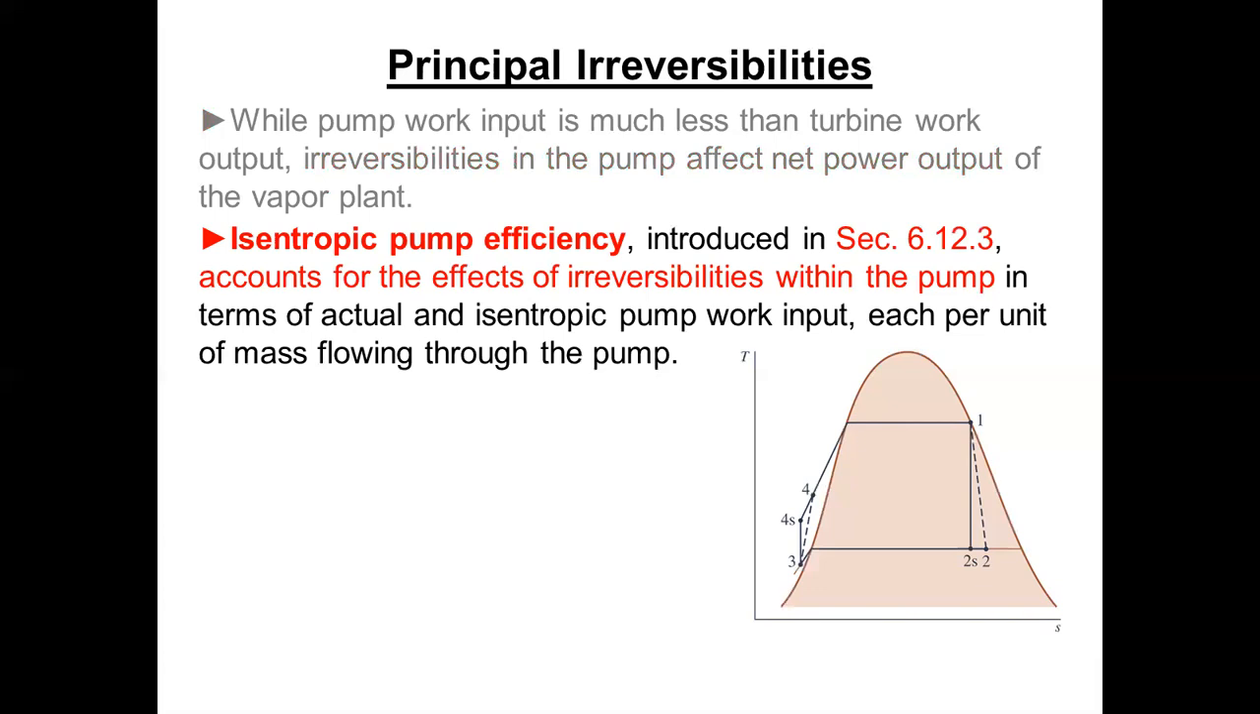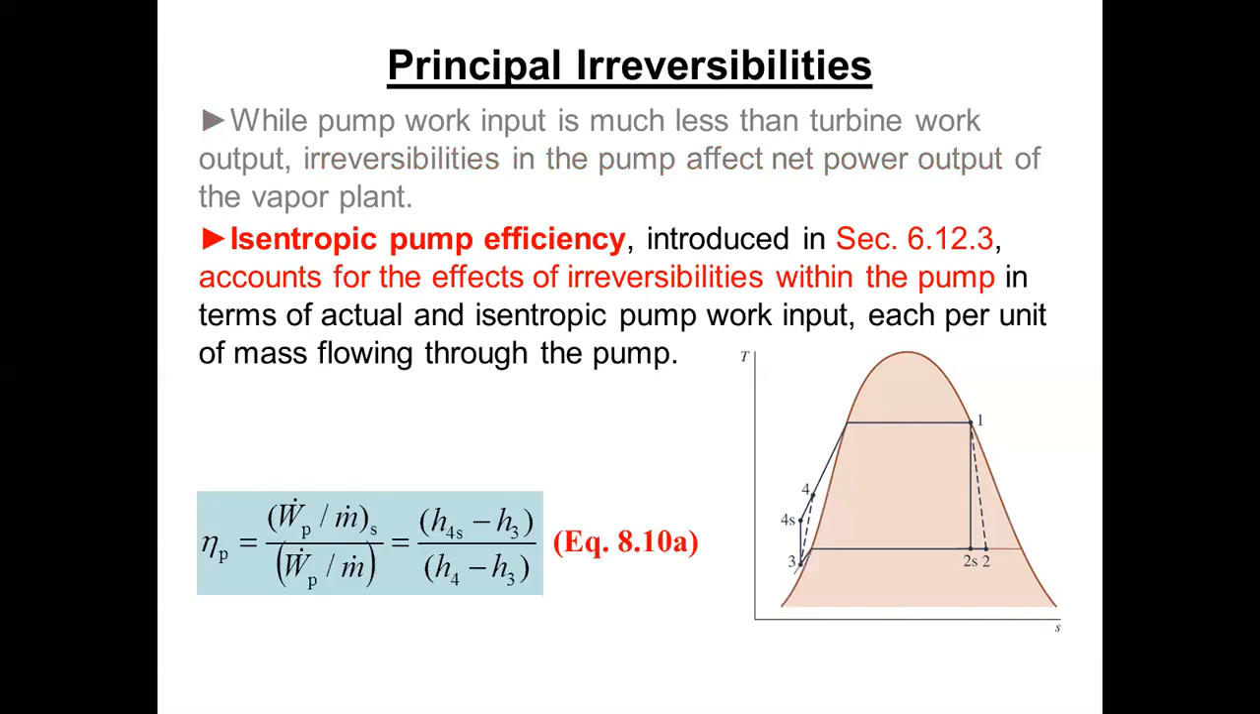So 4 and 4S have the same pressure. 4 has a little more temperature, and that's because of the frictional and dissipative effects of the flow through the pump. Okay, that's pretty good. Let's see. Okay, so now note